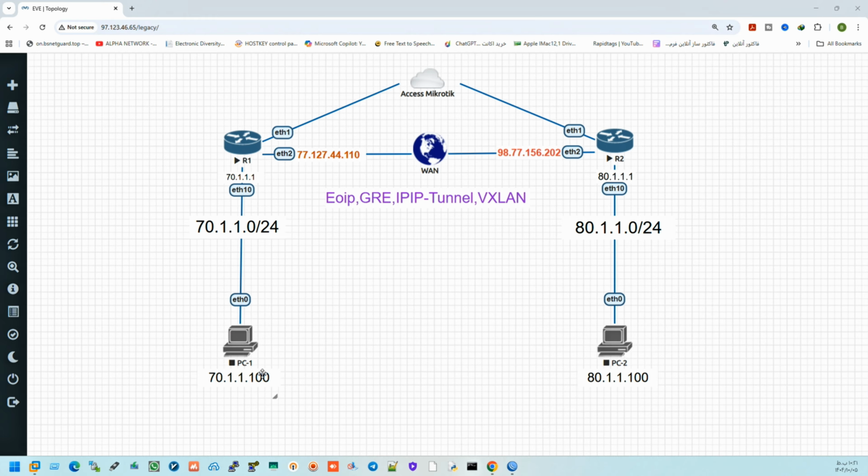70.1.1.100 on the other side. My second router also has Ethernet 10 assigned for internal clients, and the IP range there is 80.1.1.0/24, with the client IP 80.1.1.100. And as we'll see next, we want to establish a connection between the second Ethernet interfaces on both of